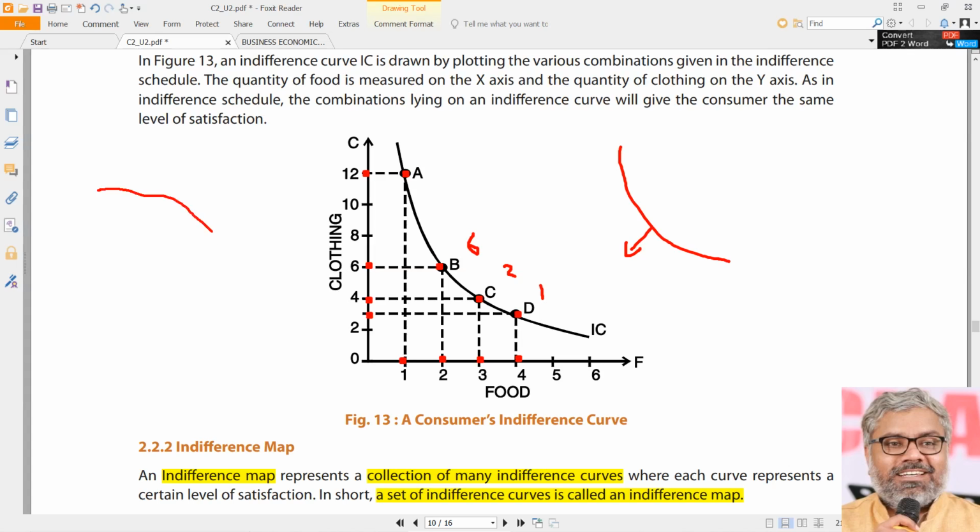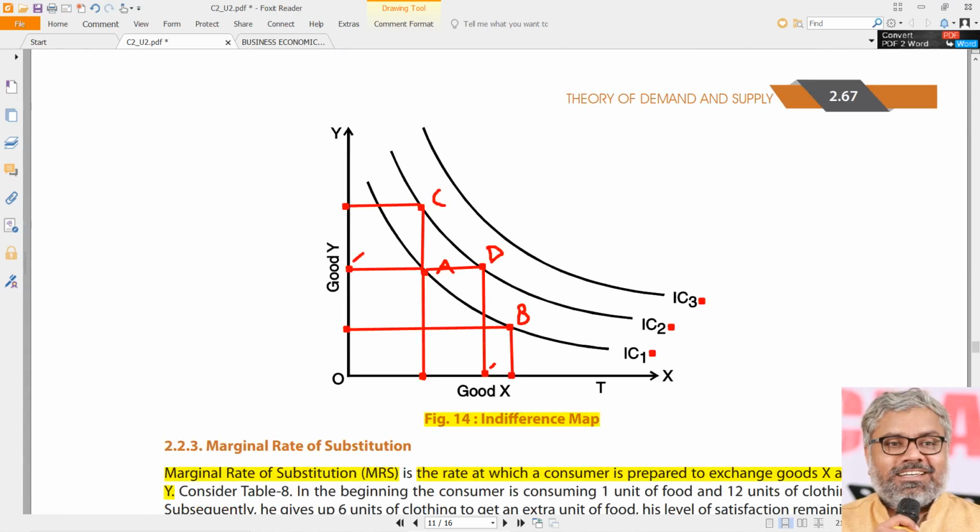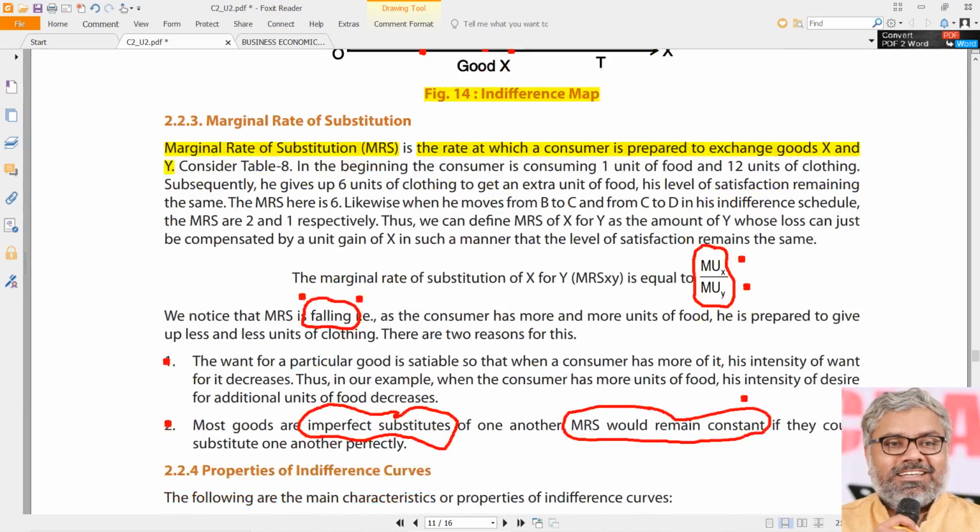If it had to be concave, it would be like this, because the graph would be facing away from the origin, if that was the case, but it is not the case with indifference curves generally. Indifference curves will be convex to the origin where the curve is facing the origin, which is this. So that is what convex to the origin means. Definitely indifference curves are generally convex to the origin. As we can see here also, they are all convex to the origin.